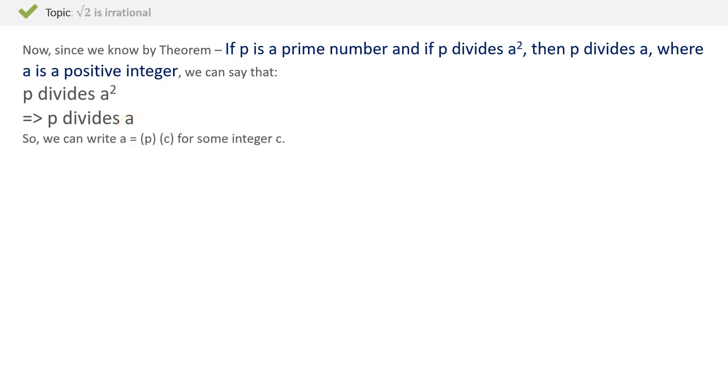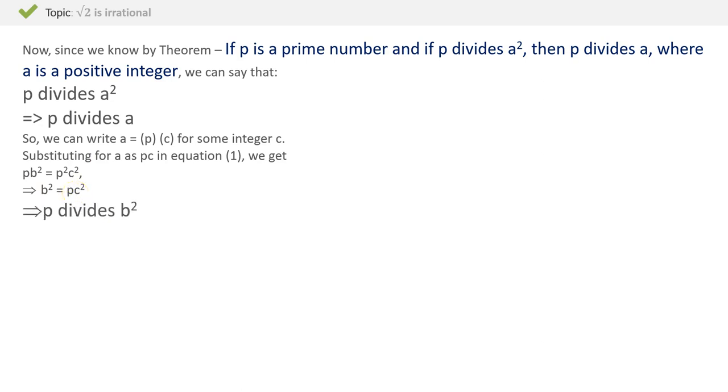So we can write a as p multiplied by some integer c, and hence if I replace this in equation 1, where a is replaced by p multiplied by c, what I get is pb square is equal to p square c square, which then gives me b square is equal to pc square,